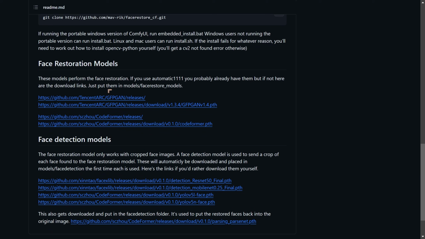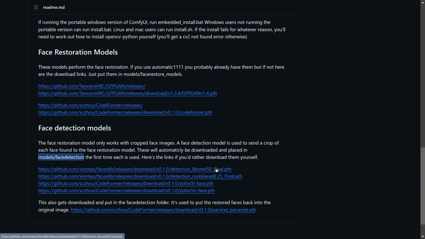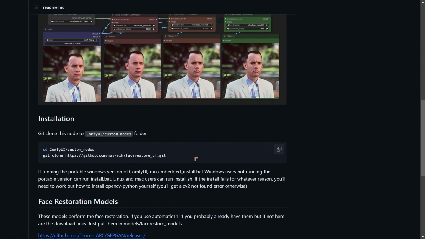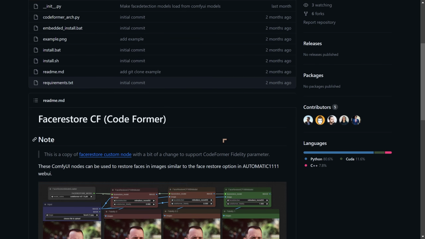The models perform the face restoration, these guys here, so you would download these guys and put these in the face restore models directory. You can create that, or if you use the manager, it should create this directory. There's another directory which is the models face detection directory. This gets all of these models here. You may have some of these models already if you have Automatic 1111, or if you're using some face swap software. They're a very quick download, so I wouldn't be too obsessed about saving time. But that's basically what we do, and let me show you how to do the